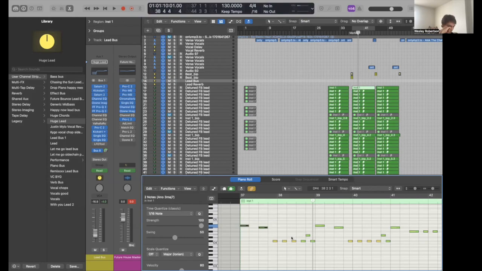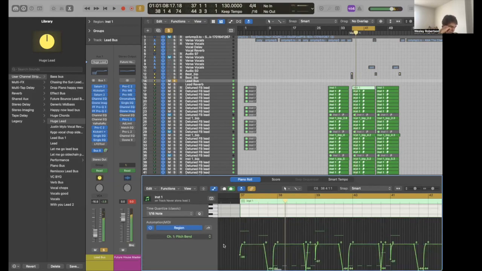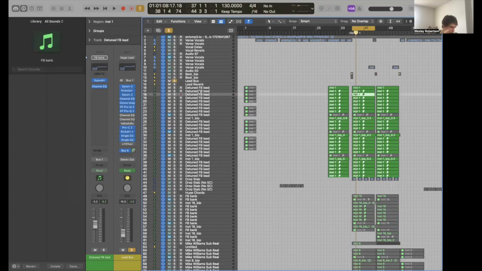I made a MIDI out of the lead vocal melody, and then I turned it into a lead bus, which sounds like this. And one big thing was I used these pitch bends to make it a little bit more interesting. But anyways, that's what the lead bus sounds like, and it's comprised of Nexus,